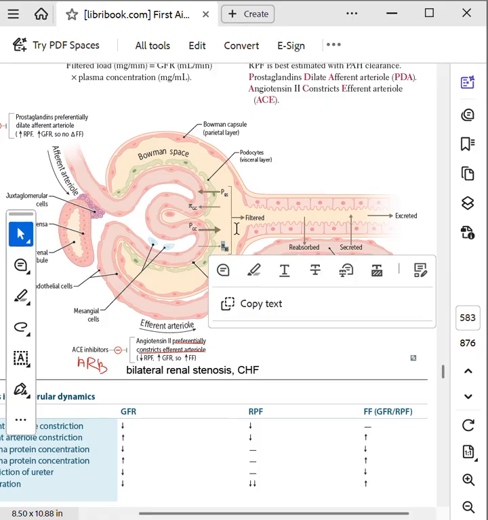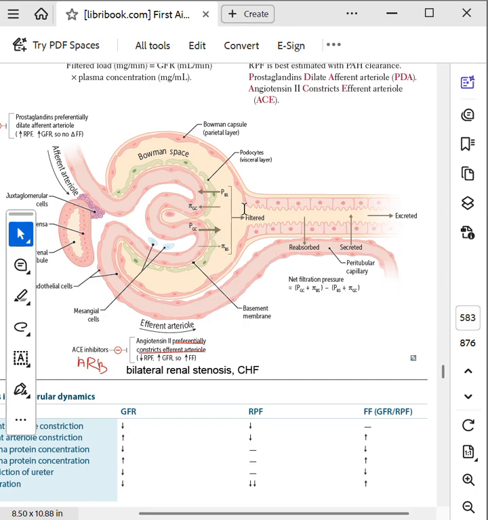Why is it going to be 0? Because usually you don't have any protein leaking out into Bowman space, right? So this minus the plasma Bowman space pressure. This is the plasma Bowman space pressure. So in the Bowman space, the plasma Bowman space pressure plus the oncotic pressure of the glomerular capillary. Look at this, the oncotic pressure of the glomerular capillary, which is usually going to be pretty high. Why? Because you have all the proteins flowing out back into the efferent arteriole. Proteins are not filtered into the Bowman space naturally unless some problem is happening, unless there's some abnormality.